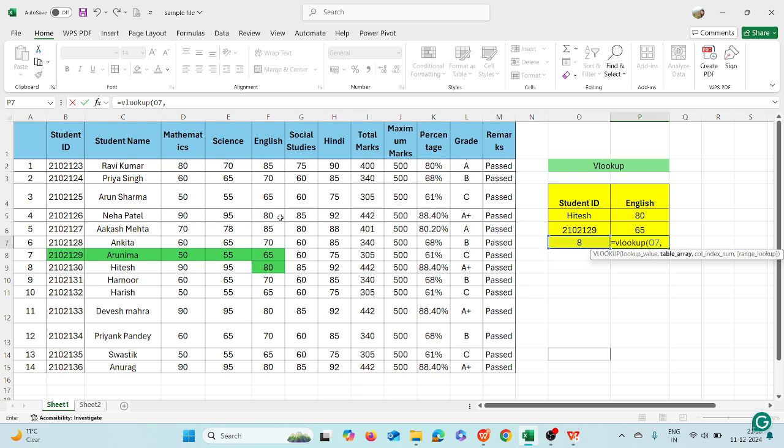Then comma. After that, the serial number is starting from this one. So we would select the table array from this side.